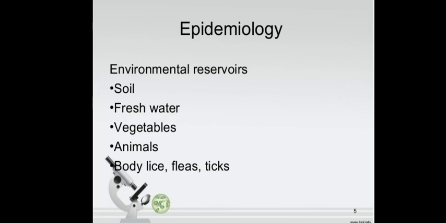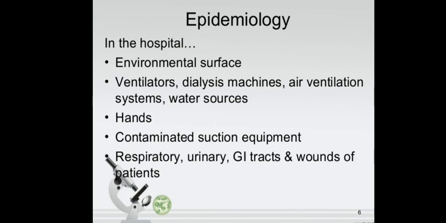The next one is the epidemiology of Acinetobacter. They are generally found in environmental reservoirs, meaning they are ubiquitous in nature. They are found in soil, fresh water, vegetables, animals, and even in body lice, fleas and ticks. And in the hospital environment, generally on environmental surfaces, and patients coming in contact with